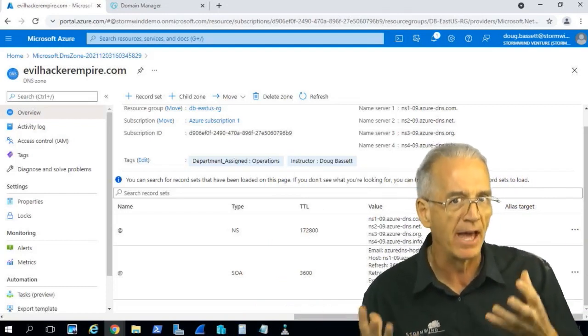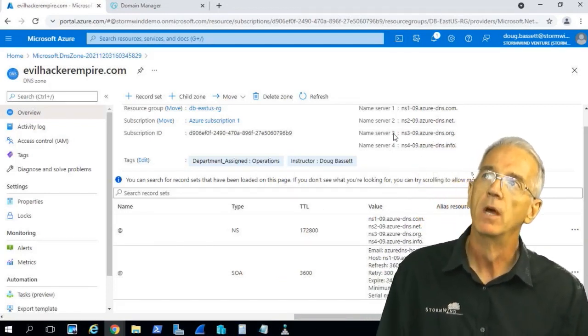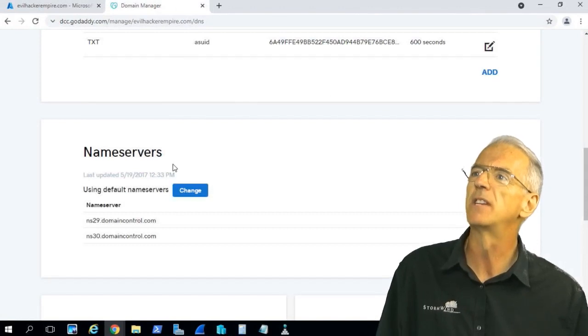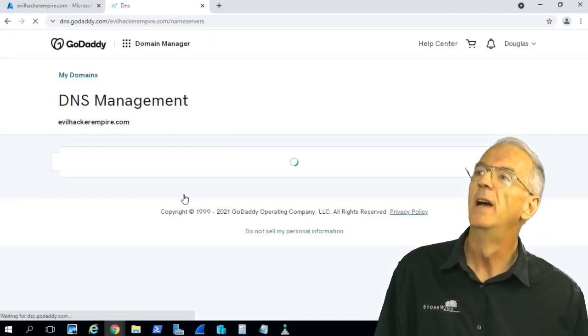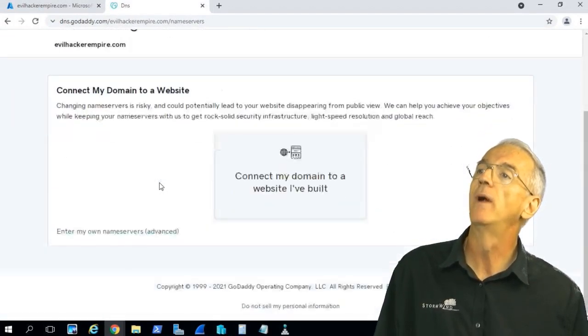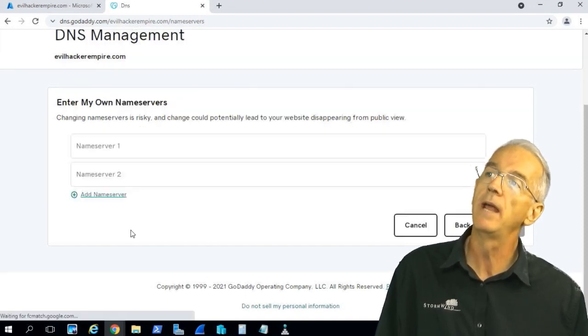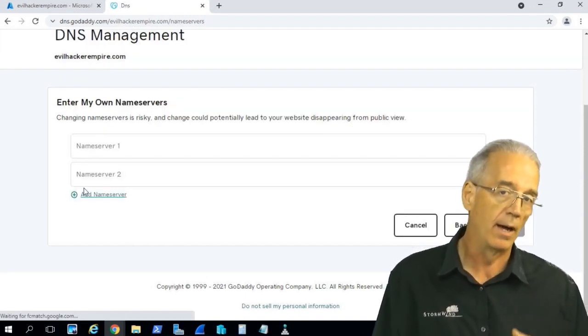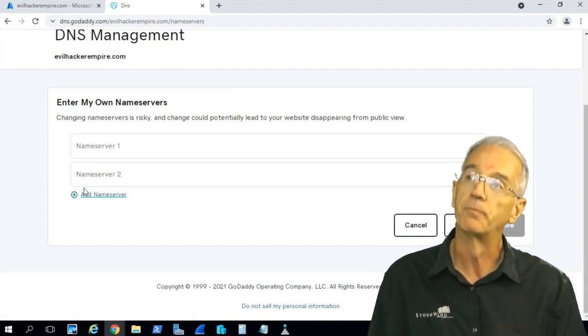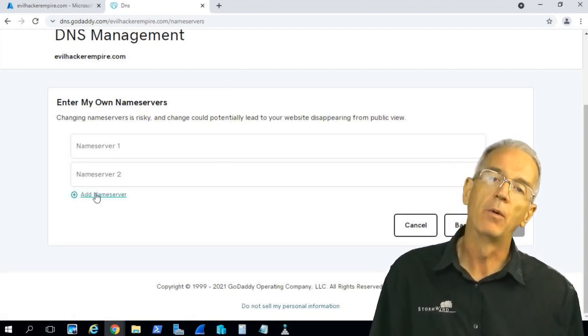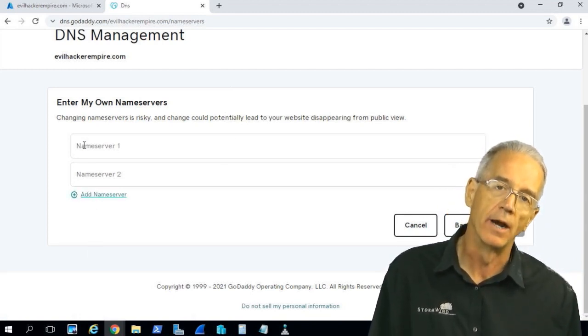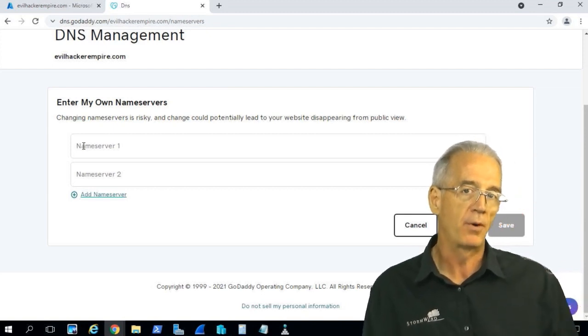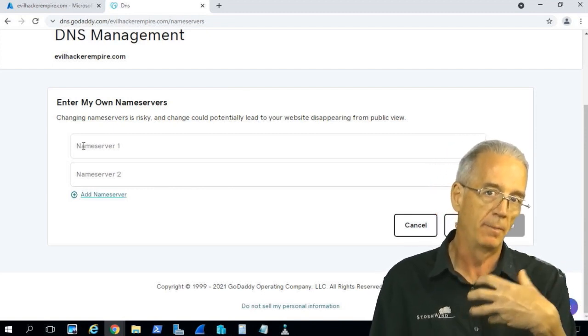That's why they have that 100% service level agreement. So I can go in here and I would say I want to change the name servers, and then instead of using the regular name servers, I would enter my own name servers and I just put them in. Now they require at a minimum you have 2. I have 4. So I would add all 4 name servers in here, then I would wait for it to propagate because it's going to be up inside of